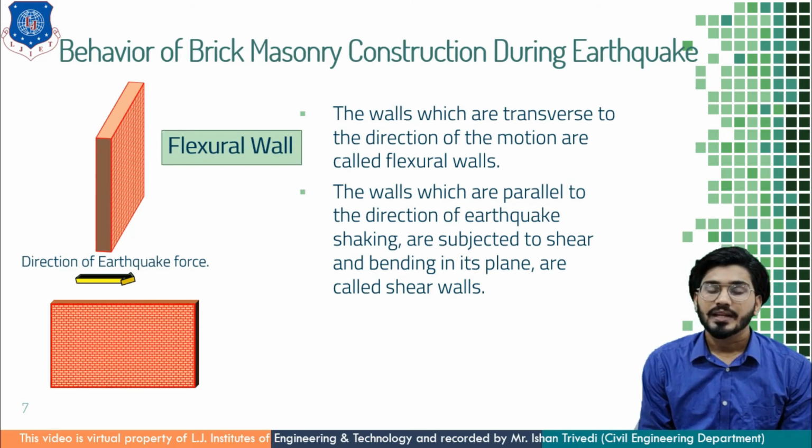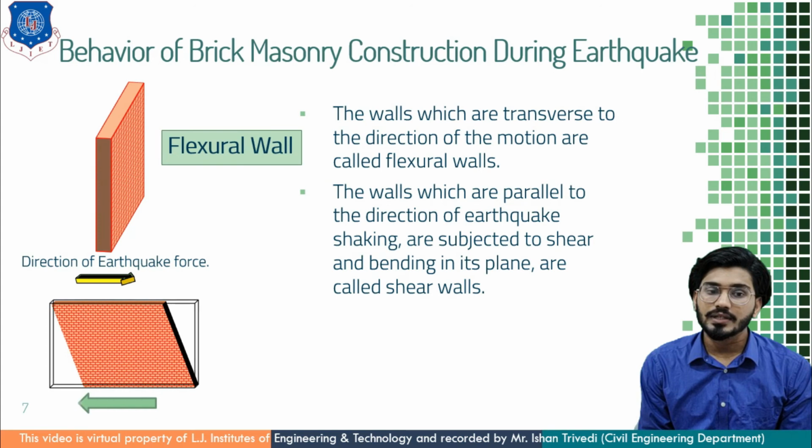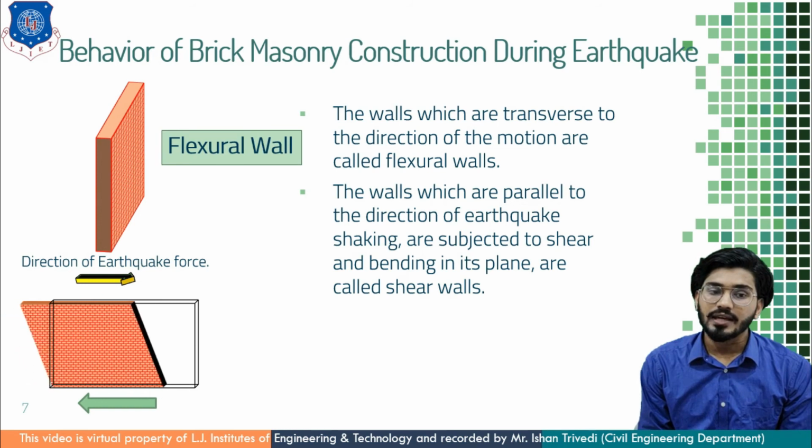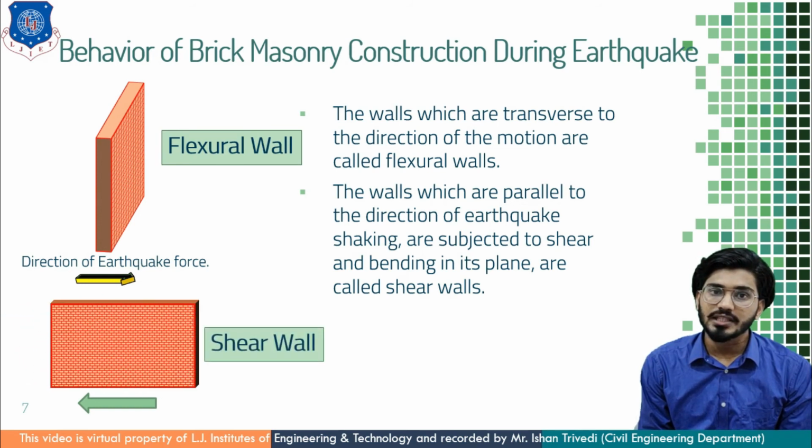earthquake force is again in the same direction, but here the wall is now parallel to the earthquake force and there is only shear and bending in it, and here the shear and bending is done in its own plane, and that's why it is called a shear wall. Here you can see the earthquake force is in the right direction where the bending and shear is done in the opposite direction, and that's why it is called a shear wall. It is simple to understand. This phenomenon and these basics will help in the next session.